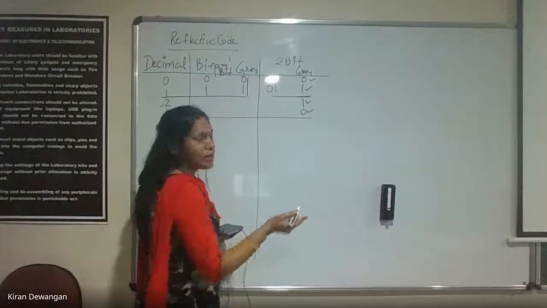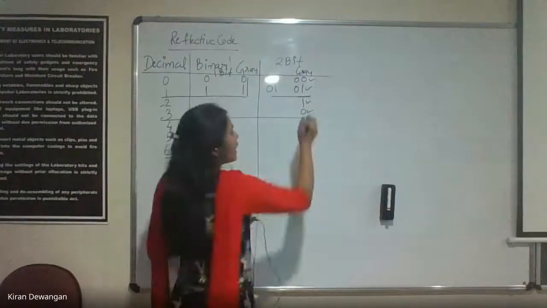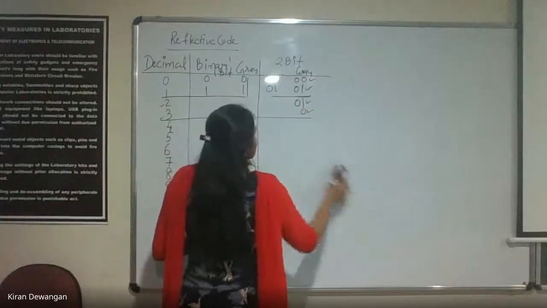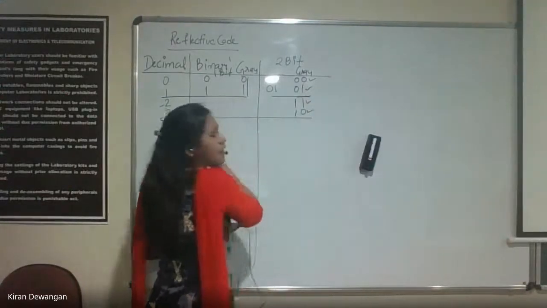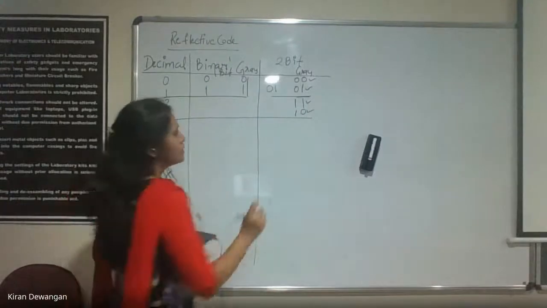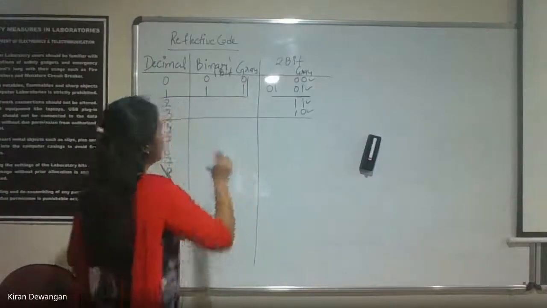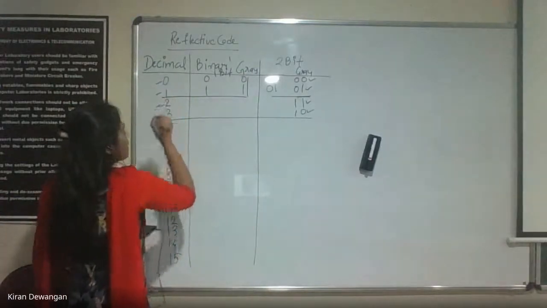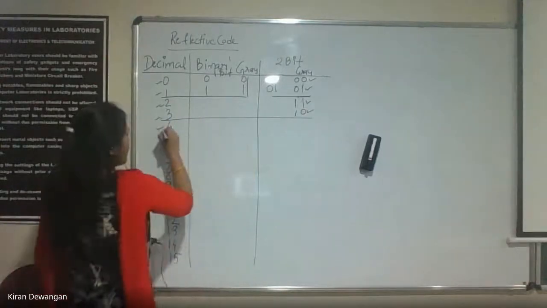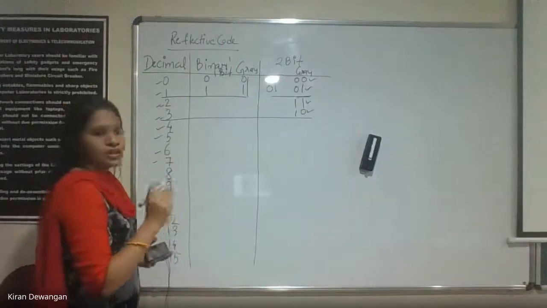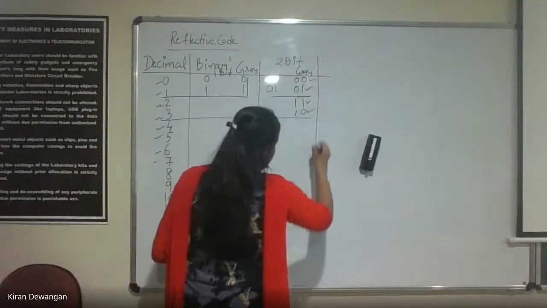Now what is the next step? Since it's a 2 bit, these values will be 0 0, and after the mirror, the values will be 1 and 1. Is this clear? So this is how we are defining a gray code. Now we have defined it for the decimal numbers 0, 1, 2 and 3. But we have to define it for 4, 5, 6, 7 also. That is not possible with just 2 bit, so we'll start with 3 bit.